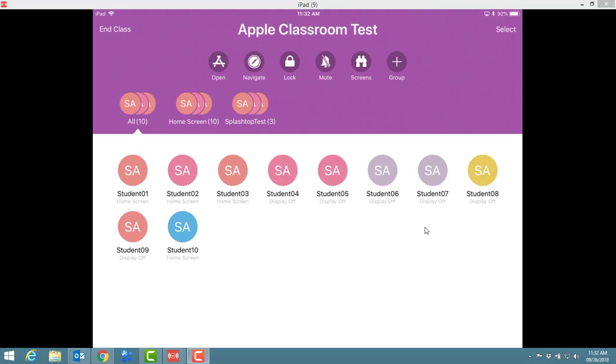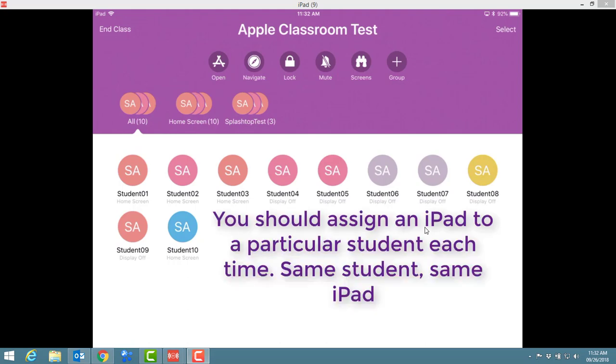So some basic functions. If I wanted to look at a particular student's iPad, now as you can see it says student 1, student 2, student 3, student 4, and that's how your lab packs are set up. They are set up as 1, 2, 3, 4. So you need to know what student has what iPad. So if I wanted to look at a particular iPad, I'm going to look at student number 3's iPad,